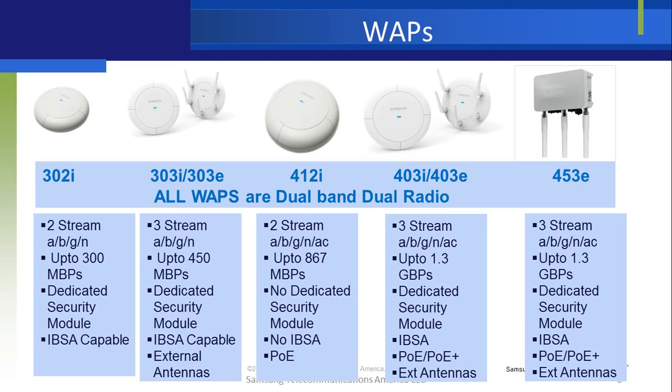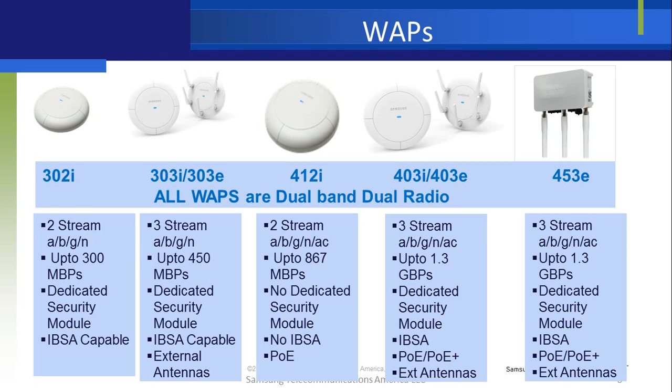The next in the lineup is the 303i, which is a three-stream ABGN and can go up to 450 megs of throughput. Again, it has a dedicated security module. It is capable of doing IBSA. Now, the 303 comes in two flavors. There is one with the internal antennas, so indoors. Both of them are actually indoors. They're not meant for outdoor use,